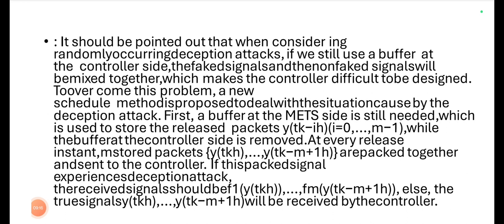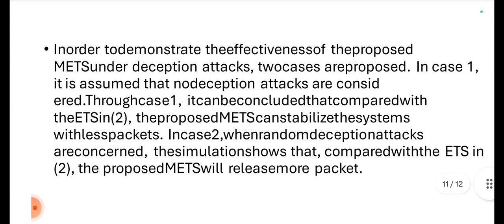If this packet experiences a deception attack, the received signal should be y(t_k h) to f_m(y(t_{k-m+1} h)), else the true signals will be received by the controller. In order to demonstrate the effectiveness of the proposed METS under deception attacks, two cases are proposed. In case 1, it is assumed that no deception attacks are considered. Through case 1, it can be concluded that compared with the ETS, the proposed METS